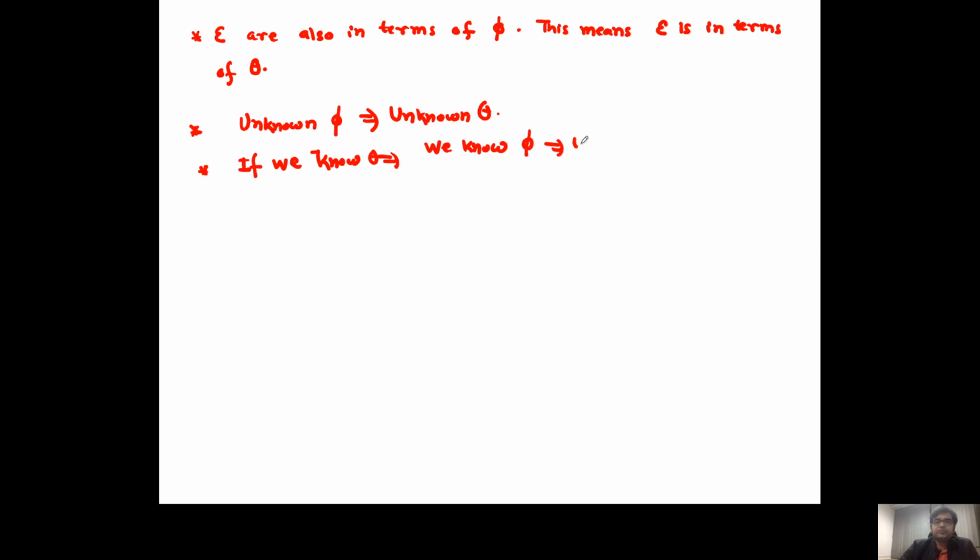And that implies we know stress, then we know strain, right? So in any case, epsilon is represented in terms of phi. This is step 3. Step 4 is,